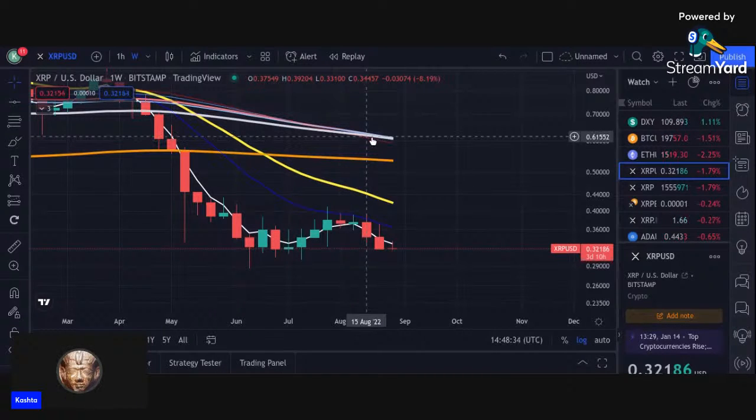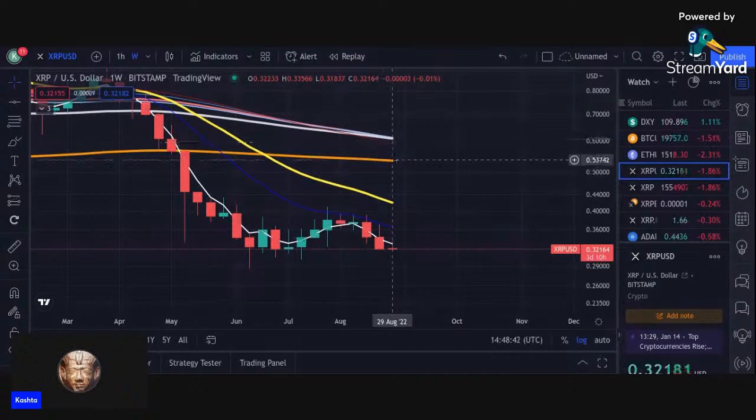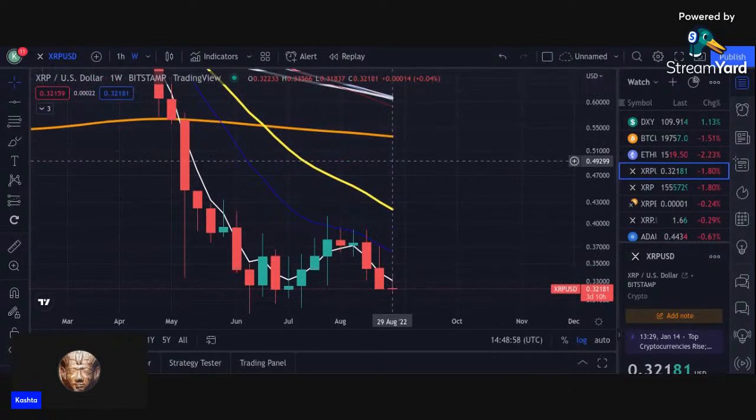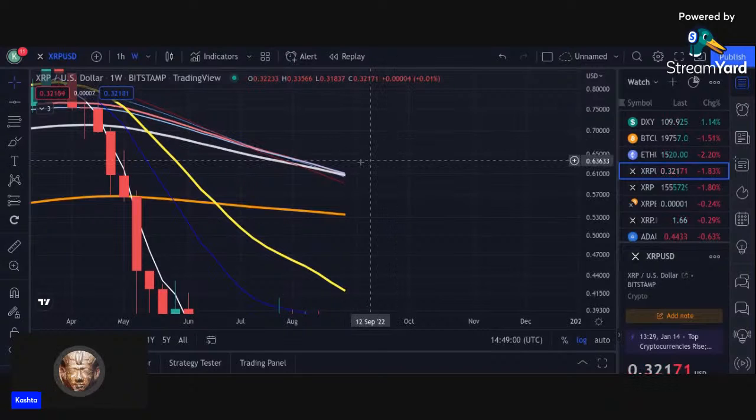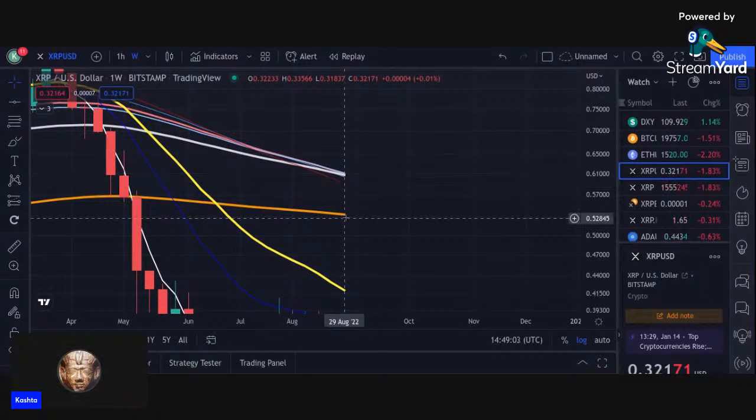We do see this brown line has come all the way under these additional moving averages, or red, whatever color it is. This crossing here would be a bad sign, or depending on how you want to look at it, a good sign if you're trying to catch the move, as far as which direction price would be going in. These additional lines crossing over there eventually would also mean we're definitely going into a lower price range. So, if we get these lines going under this orange line here, that means that we're potentially going to see,